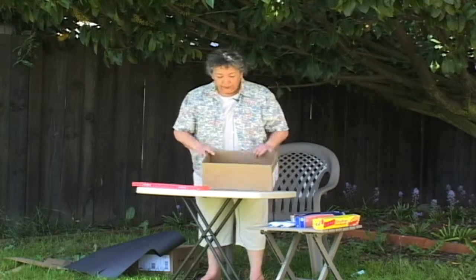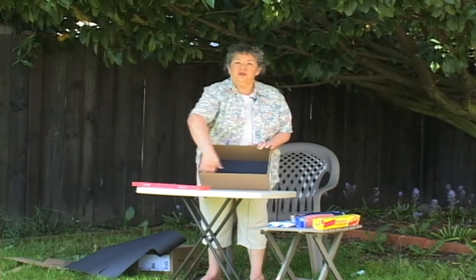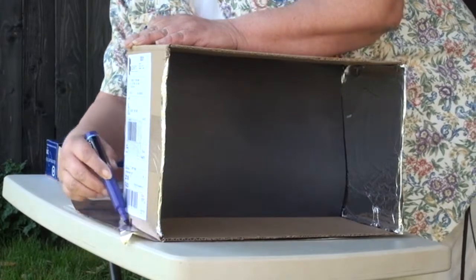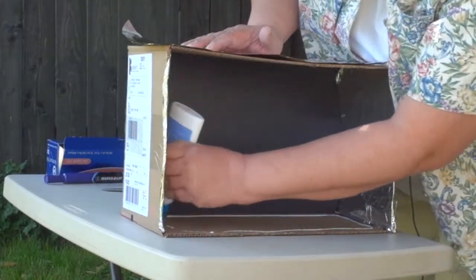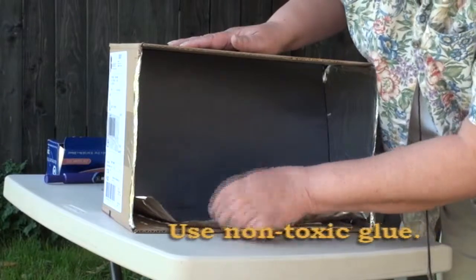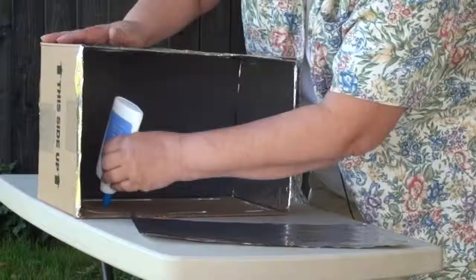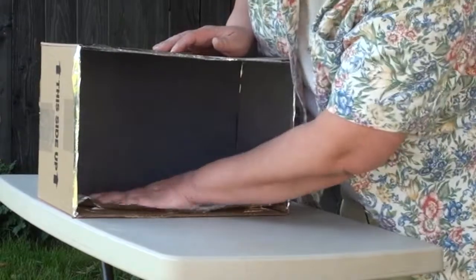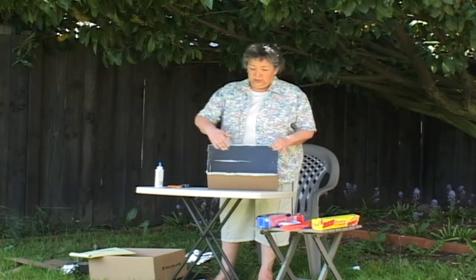So we have that. Now the next part is we're going to put aluminum foil around the edges. What that's going to do is help the sun reflect onto the pot that you're going to actually be using to cook with. Okay, so now that we've finished the inside of the box with the foil all the way around and the black on the bottom,